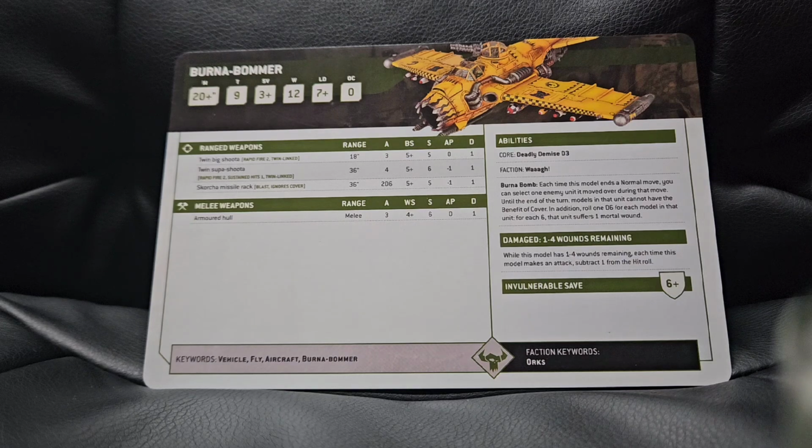Twin linked is nice, so you can re-roll the wounds, which makes that a bit more efficient. The twin super shooter we know and love: Rapid fire 2, sustained hits 1, twin linked, 36-inch range, 4 attacks, ballistic skill 5+, strength 6, AP -1, damage 1. And then the Scorcher missile rack, the optional extra that you would be absolutely mental not to put on